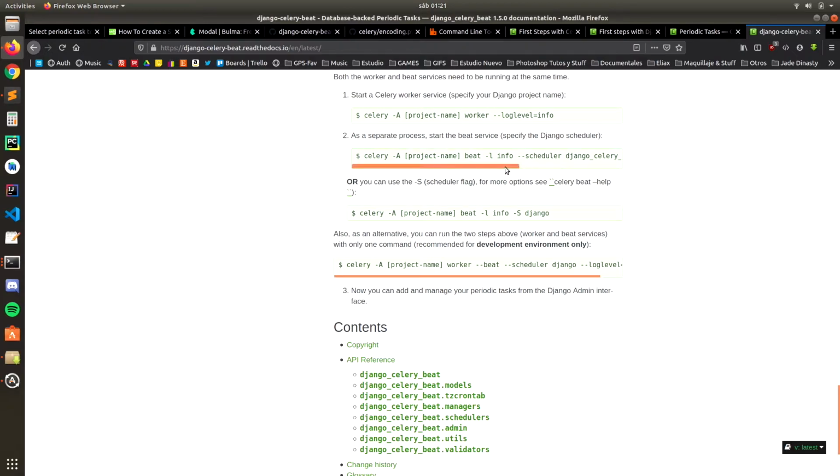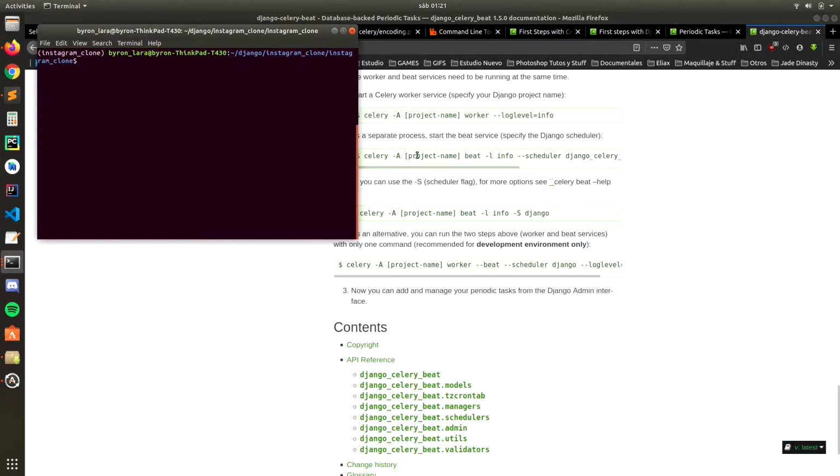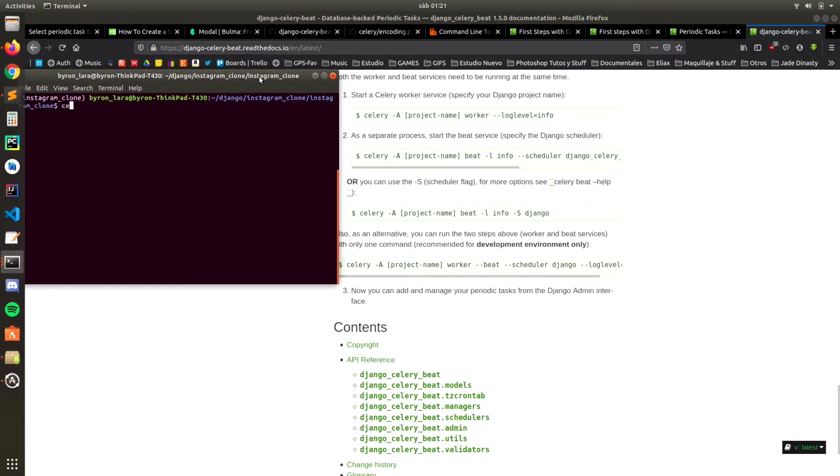So let's go here: celery -A and then the project name, in this case Instagram clone, beat -l info --scheduler, and then